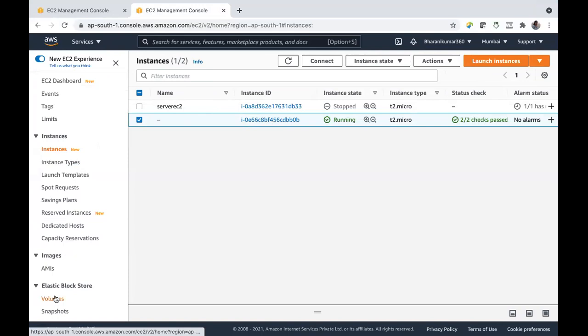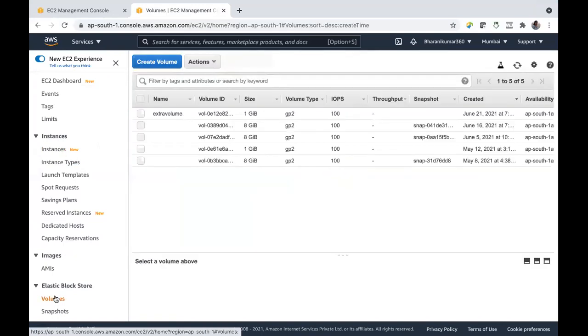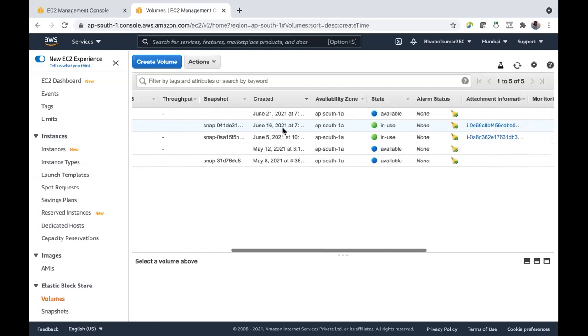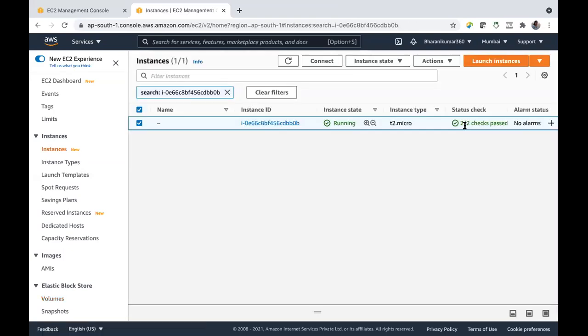Actually, I have one instance. That means you have created one instance on June 16th. When you are launching your instance, you have attached one root volume. By default, it will be there. Without that root volume, you cannot create instance. Okay, 8 GB is root volume. Yes. Here, this is my instance.